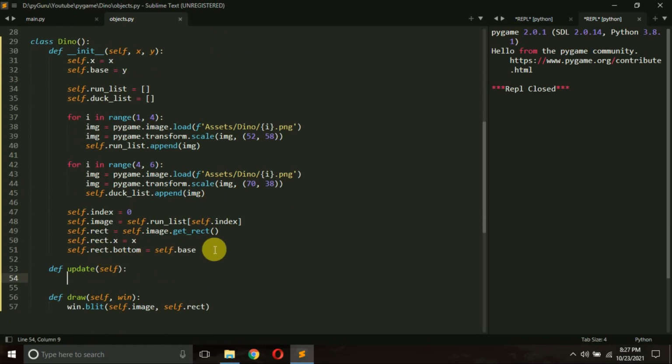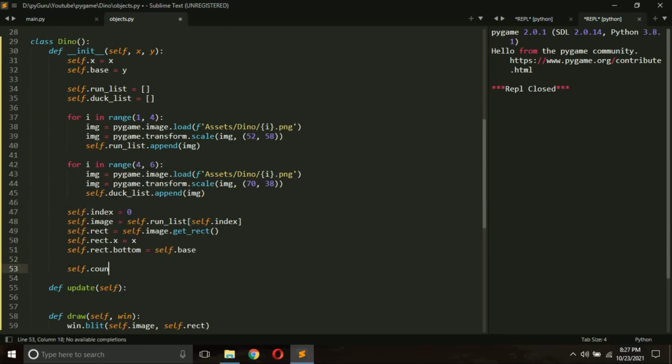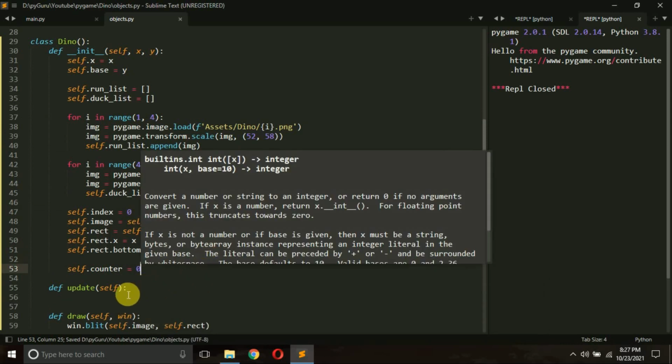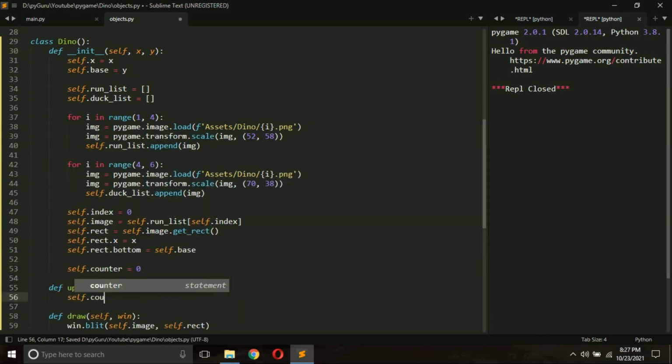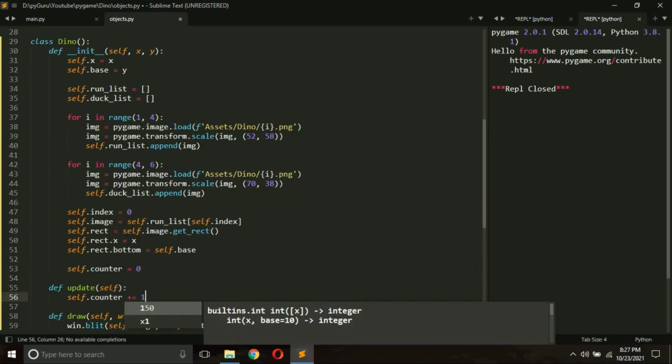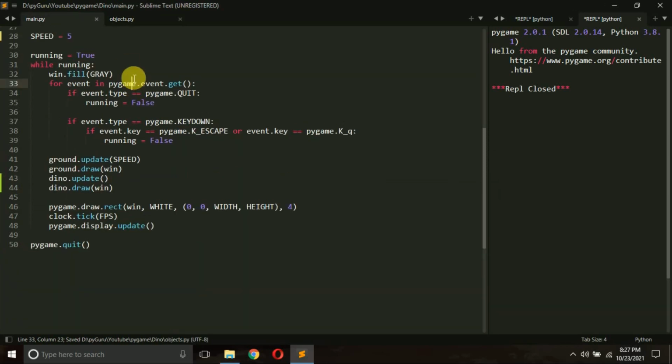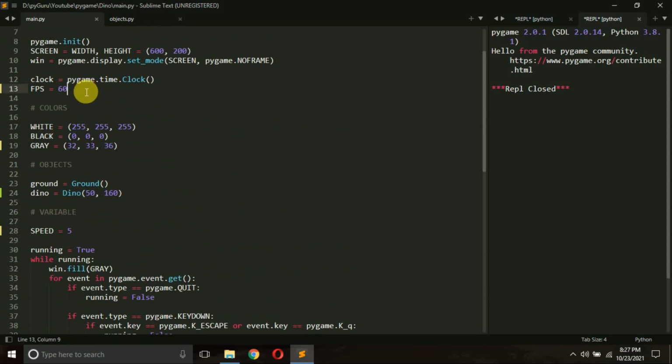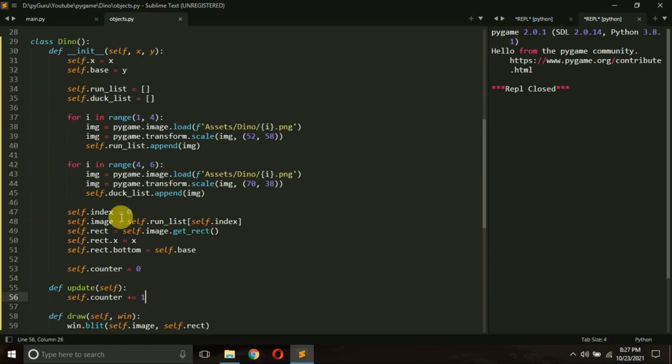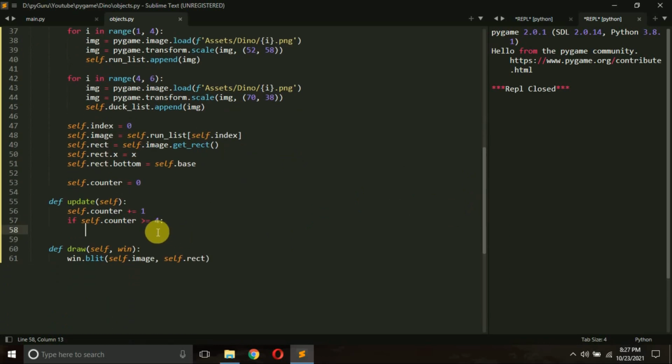We will create a counter variable here first of all. So let's create self.counter equal to 0, initializing it with 0, and then we will keep adding 1 to it in each frame. Our game is currently running at 60 frames per second, so in 1 second there are 60 frames total. So in 1 second we will add 1 to this self.counter variable 60 times. Okay, so here we are just going to write one more thing: if self.counter is greater than or equal to 4, that is, if the value of self.counter is greater than 4, then we are going to load the next image